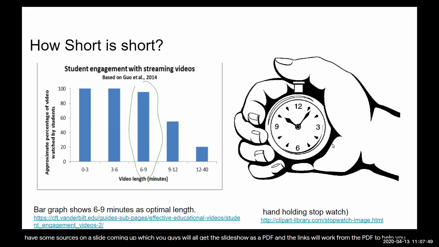Okay, so we called this Creating Short Videos Your Students Will Like. And how short is short? Well, that slide there on the left with the bar graph, which I so lovely circled in green, tells you what the studies show of student attention and engagement with videos. How much time do you get? Not very much, it turns out. You get about 6 to 9 minutes for maximum content that's possible and delivery of material to your students, but also for their continued engagement. So when you think about a traditional class,